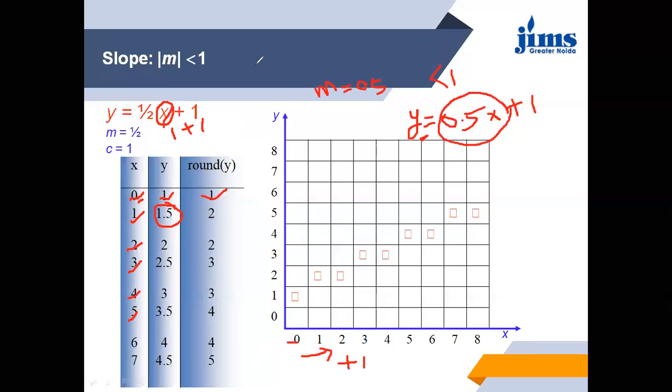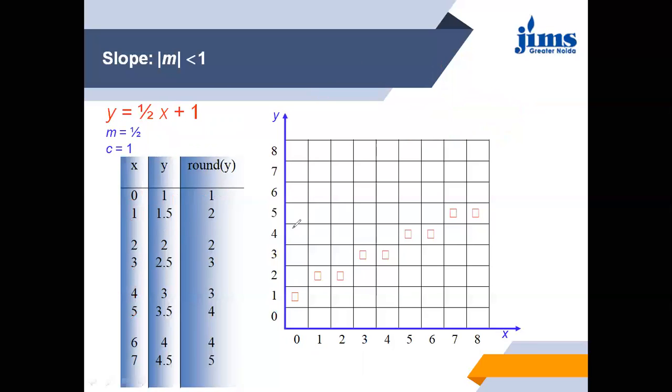So let me clear it first and then we will discuss the things. And let me change the color also. See, we have to draw first 0, 1. So this is 0 in x-axis and this is 1 in y-axis. So we draw this pixel. Draw this pixel means we are putting the intensity of this pixel high. I told you that it can store only two values, 0 and 1. So we are putting the value of this pixel 1.